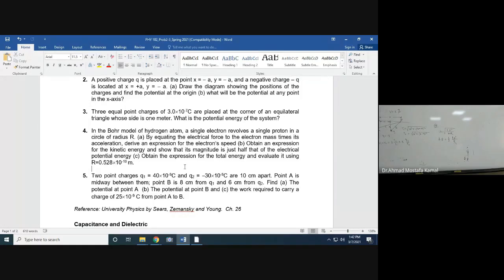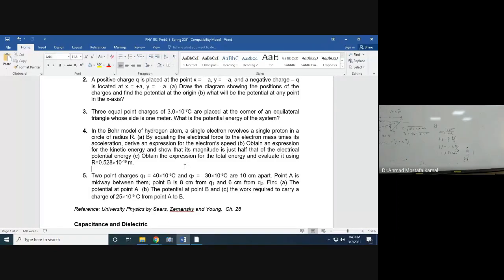লিখেছো? ইয়েস স্যার। এইটার ম্যাগনিটিউডটা K e স্কোয়ার বাই r, আর কাইনেটিক এনার্জি ম্যাগনিটিউড half K e স্কোয়ার বাই r, তার মানে কাইনেটিক এনার্জিটা হচ্ছে হাফ অফ দ্য পোটেনশিয়াল এনার্জি, হচ্ছে না? জি স্যার। ইয়েস, এইটাই তোমাদেরকে দেখাতে বলা হয়েছে। So U equals minus K e square by r, এটা তোমরা পেয়েছো। So therefore you can write that kinetic energy is half of the potential energy, এটা দেখাতে বলা হয়েছে, that's why you got it. ওকে।